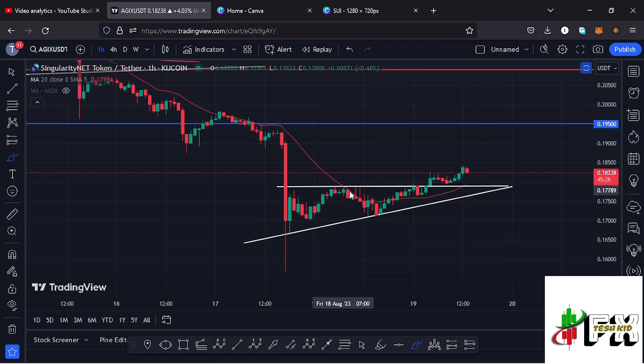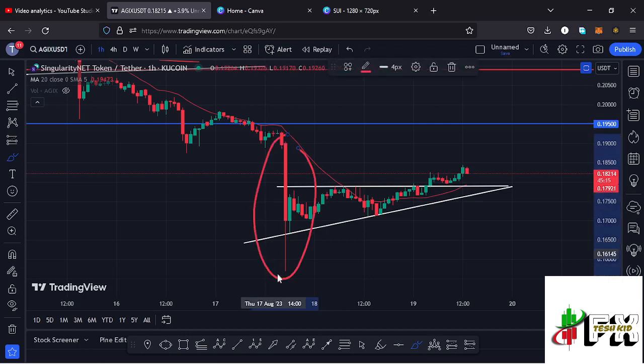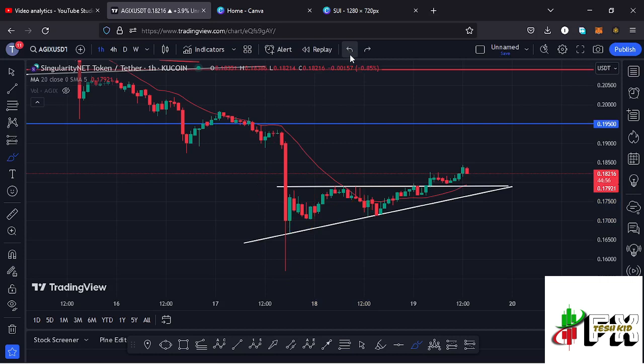And before I get to the chart pattern, allow me to first give you a recap of what happened on the 17th of August, where you can see that we saw this massive breakdown in a move that gave us a low at around the $0.157 mark. And afterwards we started gearing up. That is, we bought up this whole breakdown to the lower side, and we have been seeing much of a consolidation, where we have been consolidating within this triangle that I have here on the charts,